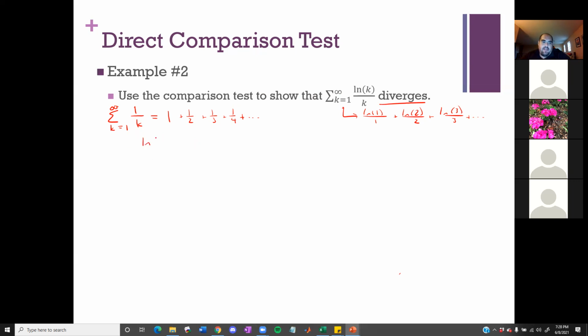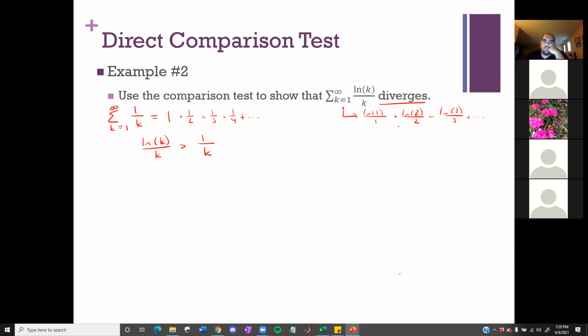Okay, so natural log of k over k is larger than 1 over k. Is this true? No. It's not true for all k, but it is true